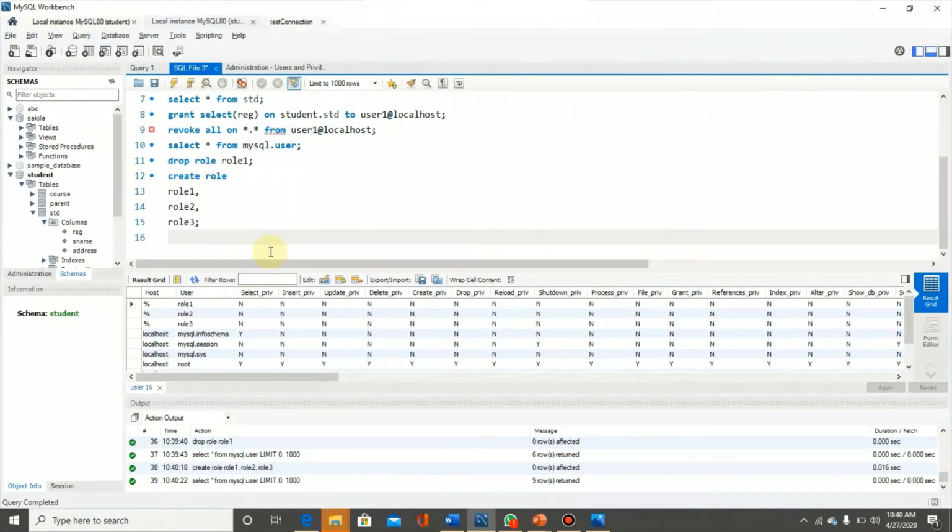Now I am granting the privileges to these roles. So for role 1, as I told you that it is for development, so I will grant all the privileges to role 1. So here I am typing grant all on student database and all its objects to role 1.